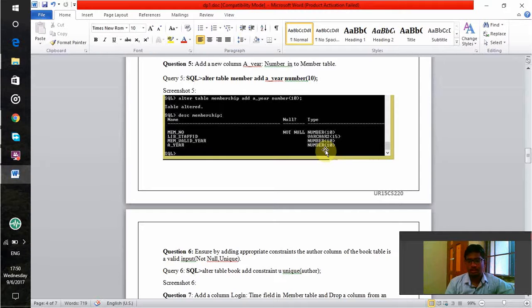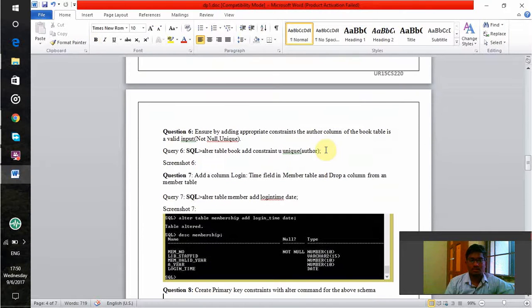type as number 10. And in the sixth question, ensure by adding appropriate constraints in order column of the book table is valid input, not null unit. So alter table book add constraint unit author. So when we type this command, there the screenshot will appear and we can